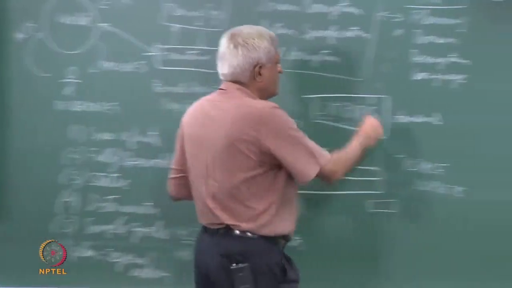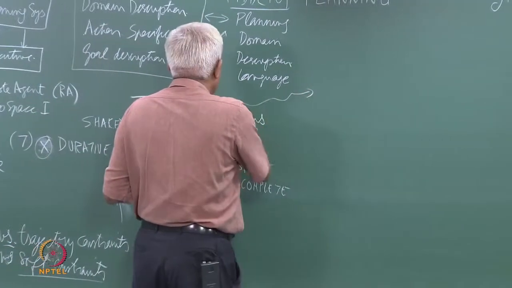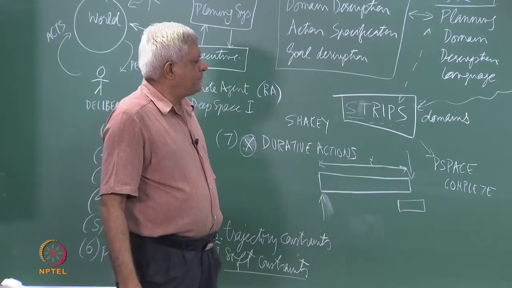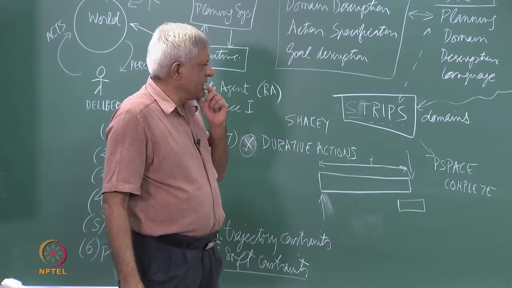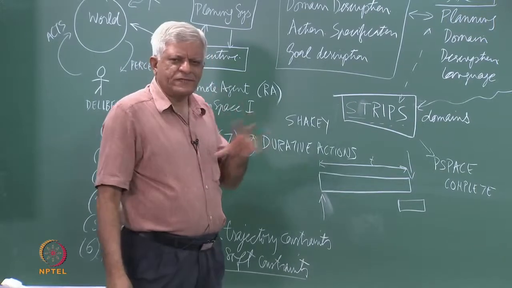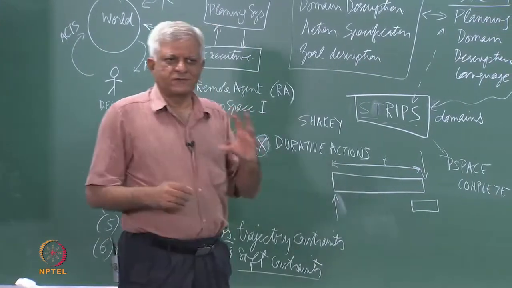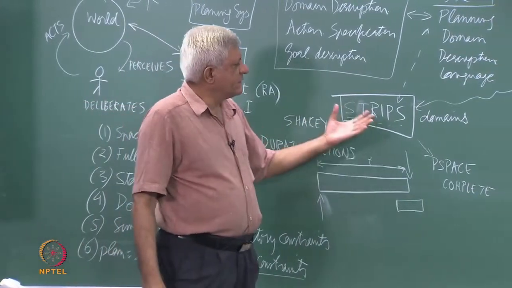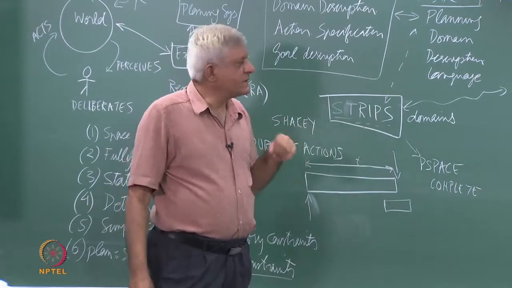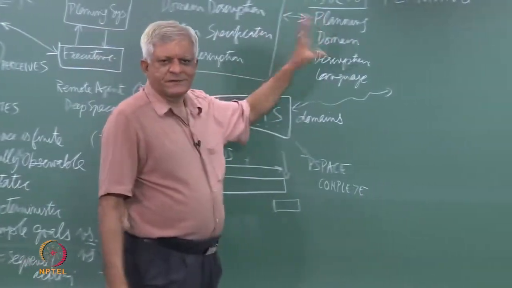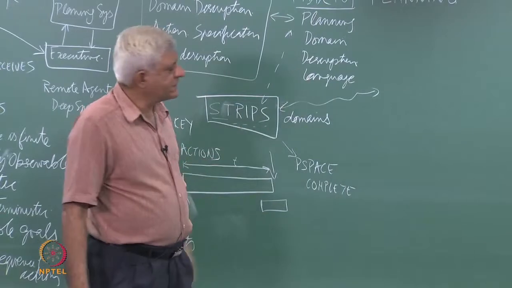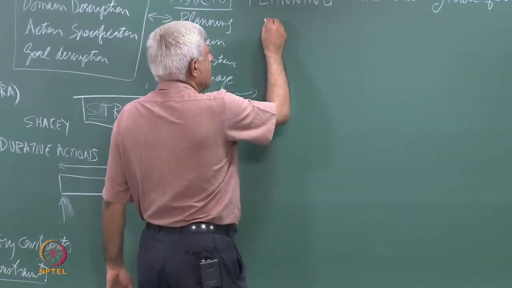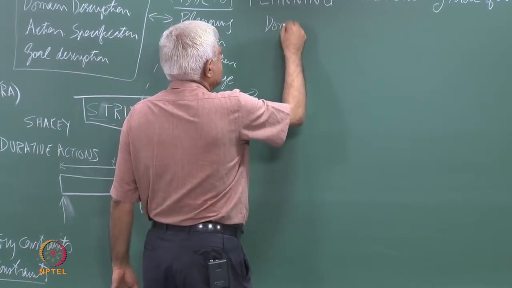So, let us look at how STRIPS describes actions. We will use this blocks world, we already talked about blocks world, moving blocks around. So, we will see how blocks world is described in STRIPS essentially, and PDDL is basically a kind of standardization of what we are seeing here essentially. Okay. So, first we have domain predicates.